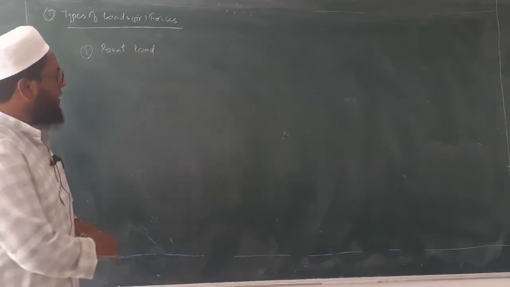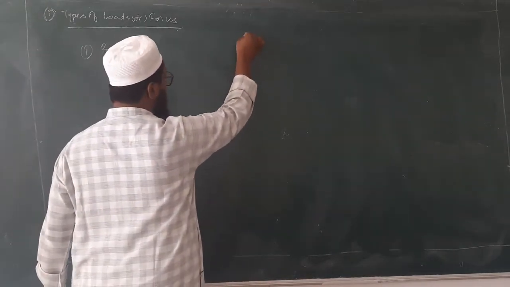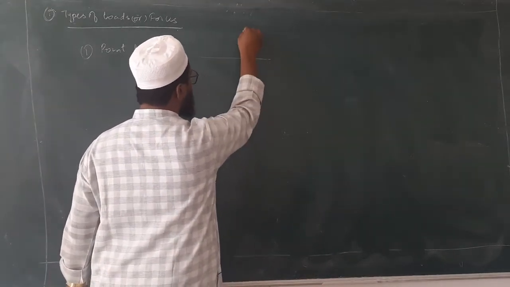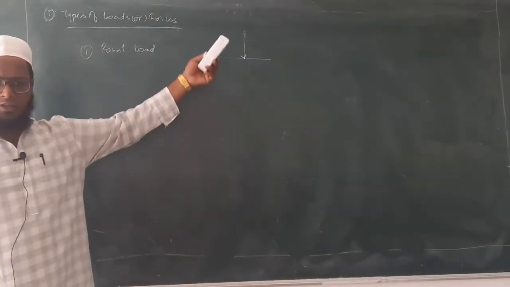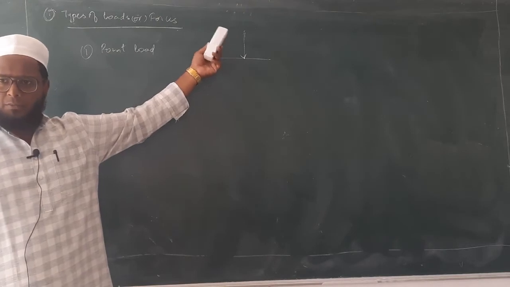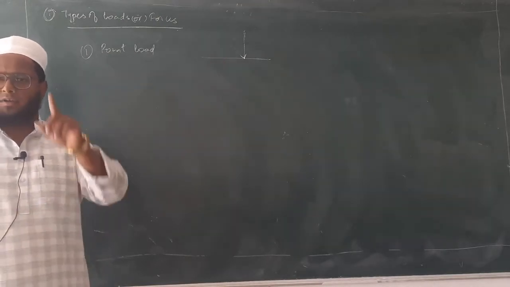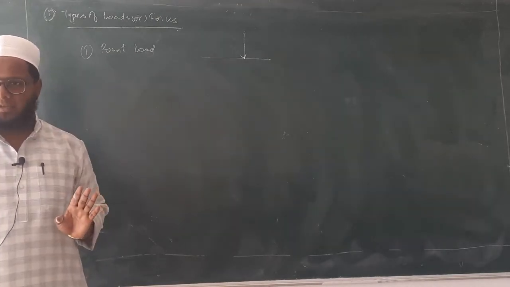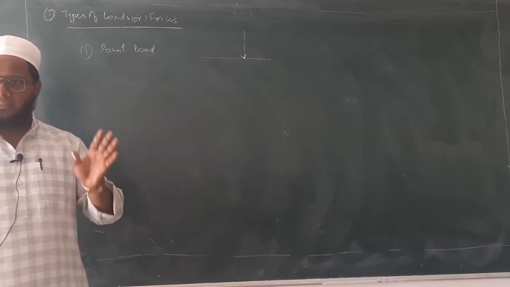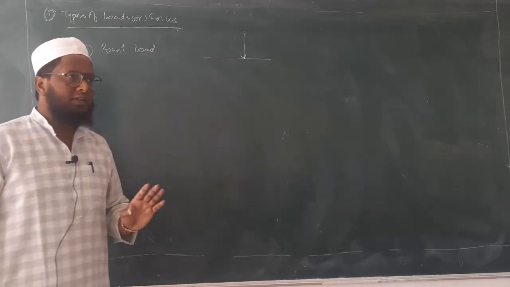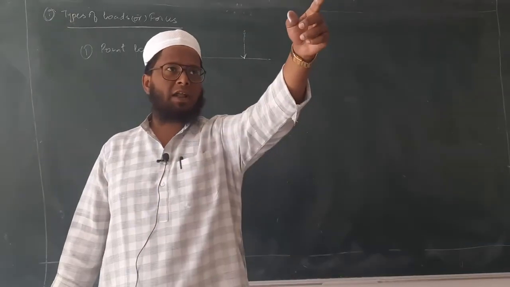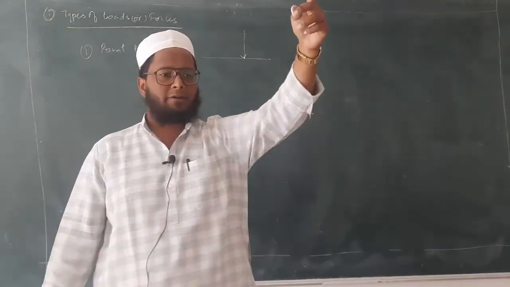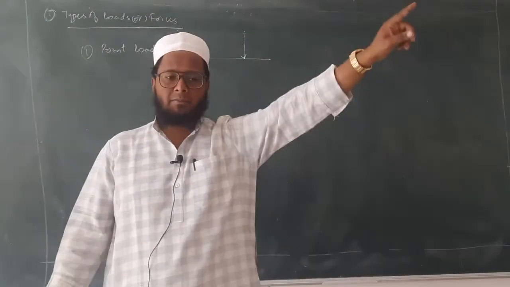We denote point load with the help of an arrow. Suppose this is a surface, and whatever reactions we have taken up, we have shown in the form of point loads. A point load will act on a particular point only. It is the same as a secondary beam. What do you mean by a secondary beam? Suppose I have planned one more beam over here. This is one primary beam, a main beam.